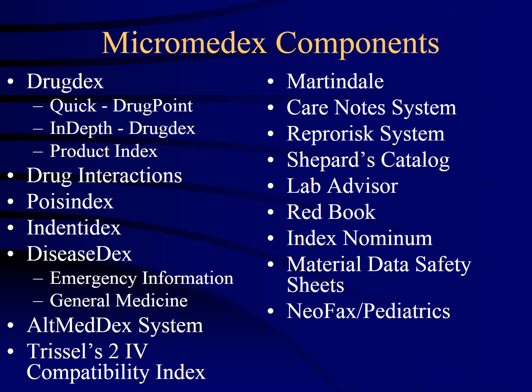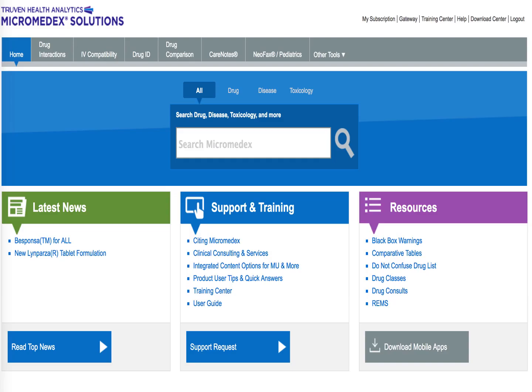As you can see, the components of Micromedex include DRUGDEX, Drug Interactions, POISINDEX, IDENTIDEX, DISEASEDEX, AltMedDEX, Trissel's 2, Martindale's, CareNotes, REPRORISK, Shepherd's, Lab Advisor, Red Book, Index Nominum, MSDS, and Neofax and Pediatrics Drug Information. Here is the home page of Micromedex, which you will access through the library homepage near the bottom under